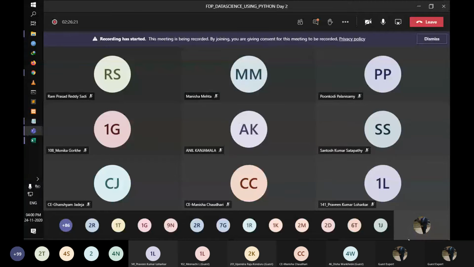So can we make this kind of project right now? Can we make this project? I have only 1 hour. So in this practical session, can we make this project?